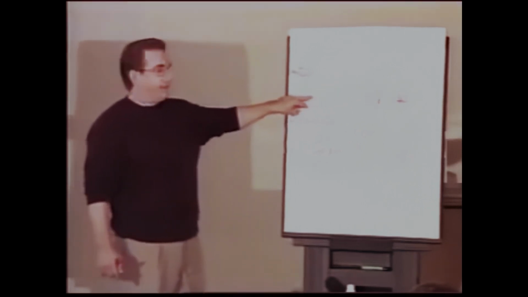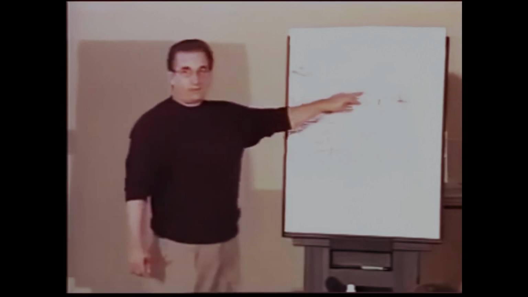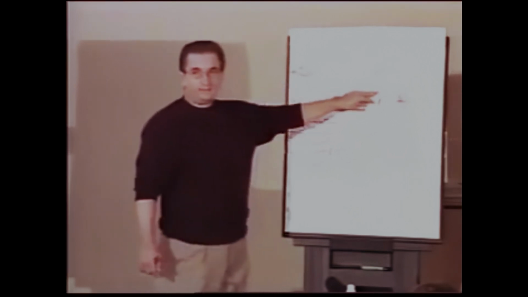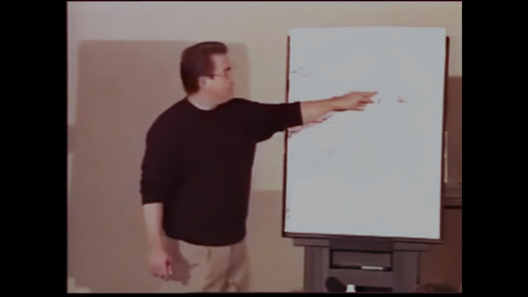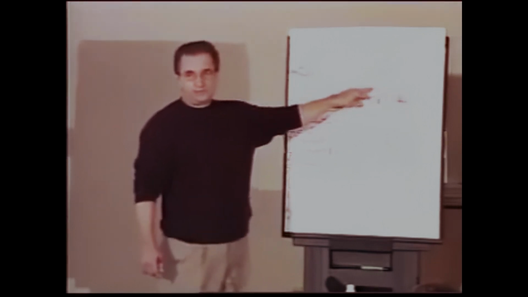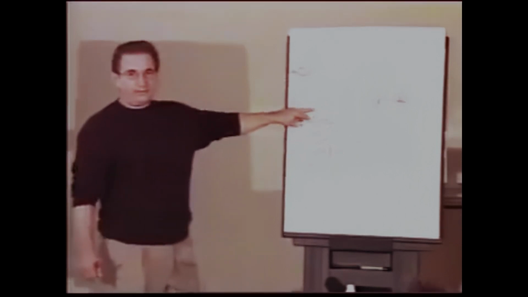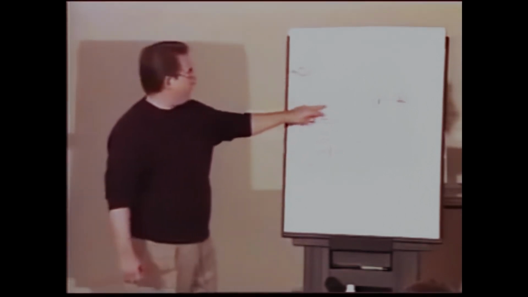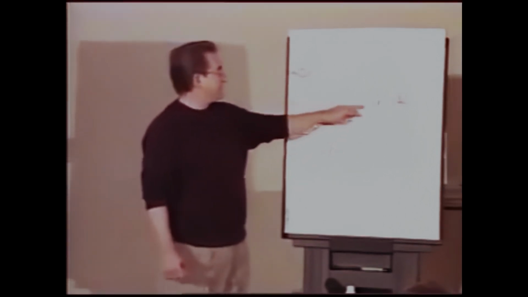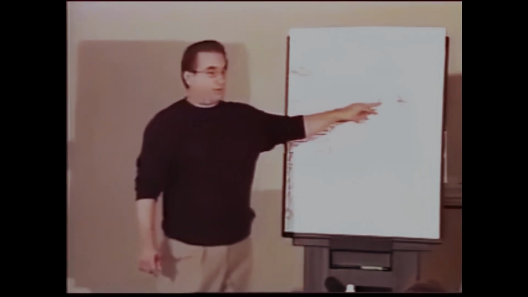I win 2 hands in a row. I've won $20. I've got 40. I rake off 10, which means I have my original unit back with 2 hands in a row. I've got to win 2 hands in a row to get my original unit back. But I've got 30 that I'm betting with. I win 3 hands, win it again. I've got $60. I take off another 10. Now I need 3 hands in a row to make a 1 unit profit.